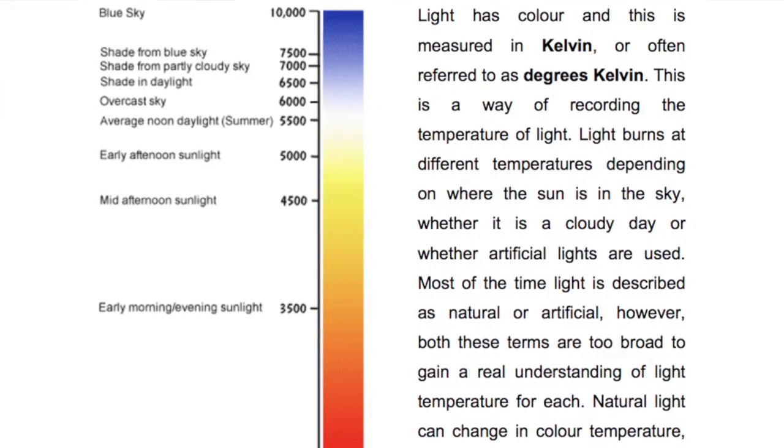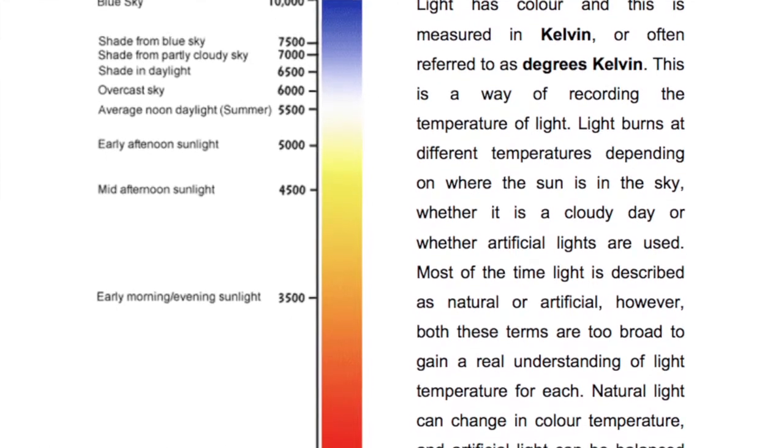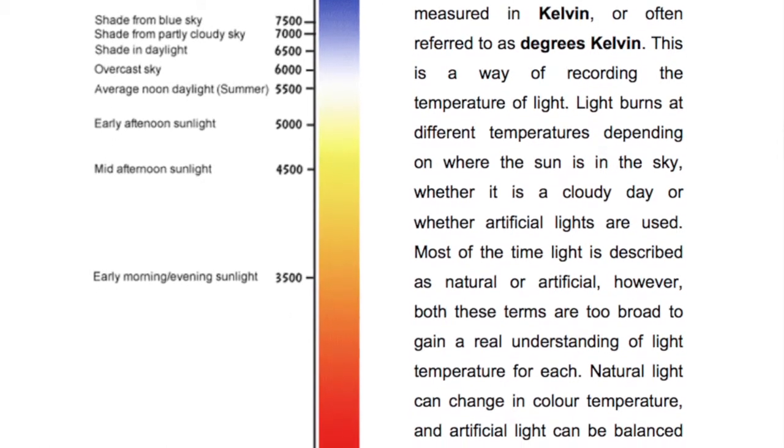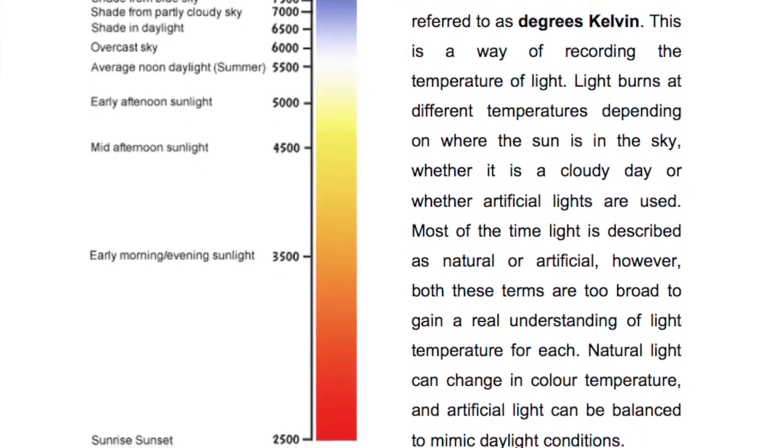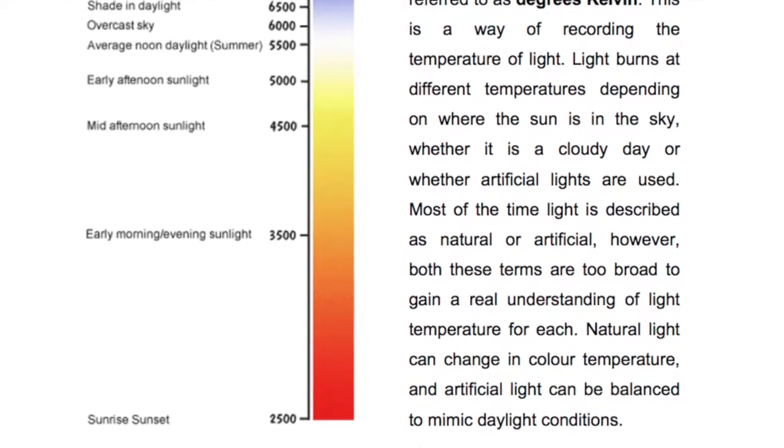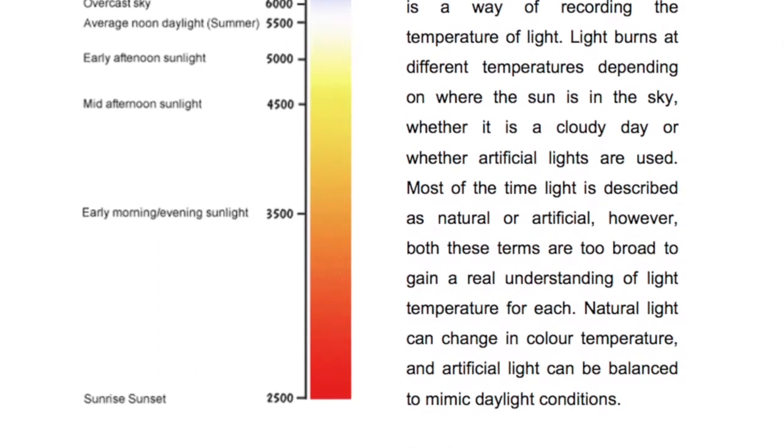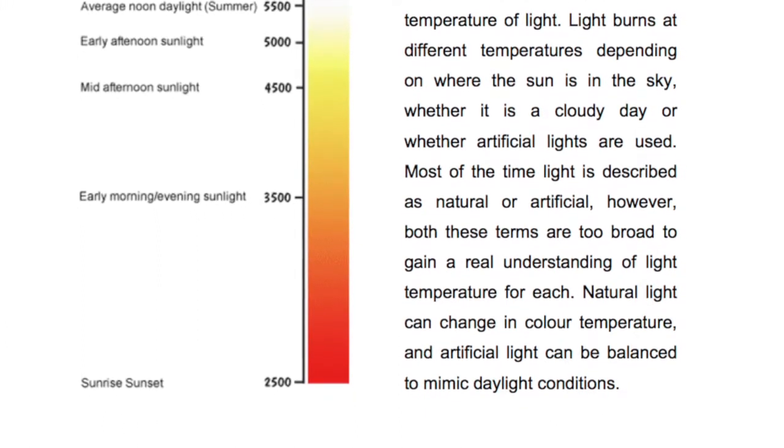So if we think about light temperature, light burns at a certain temperature, and this is measured in degrees Kelvin. If you look at the worksheet, there's a small bar there which will give you indications of different light temperatures. And degrees Kelvin burns right from blue to red. As a basic guide, indoor light, let's say tungsten light, so tungsten light is light bulbs, burns at a lower